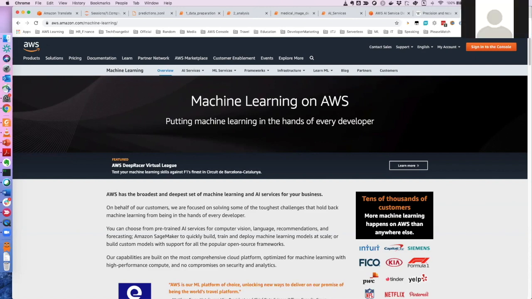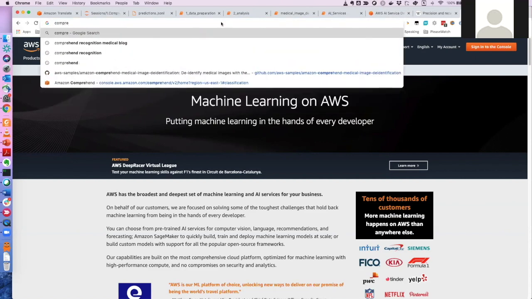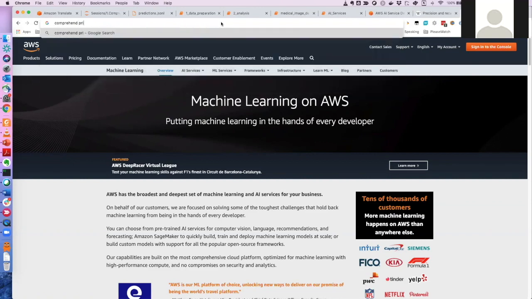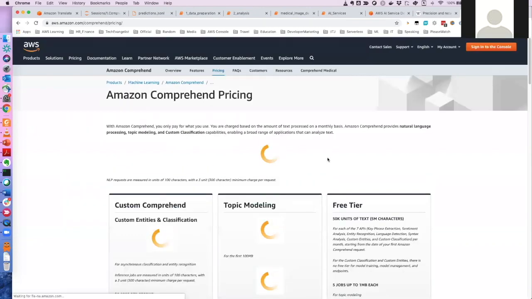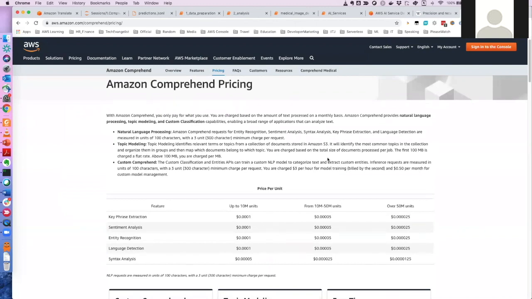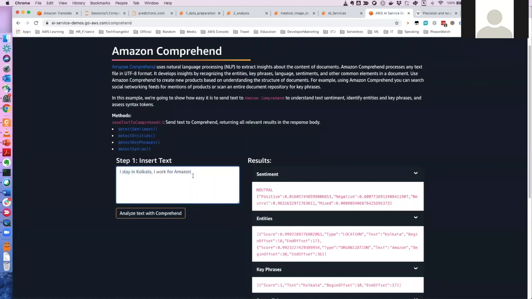Suman, could you please elaborate on the pricing model for these services? In other words, can we seamlessly integrate this into a completely serverless infrastructure? That's a very good question. In AWS, every pricing model is very exhaustive. But Comprehend, just like any other service, is API based. So for every request that you send, you'll be charged.